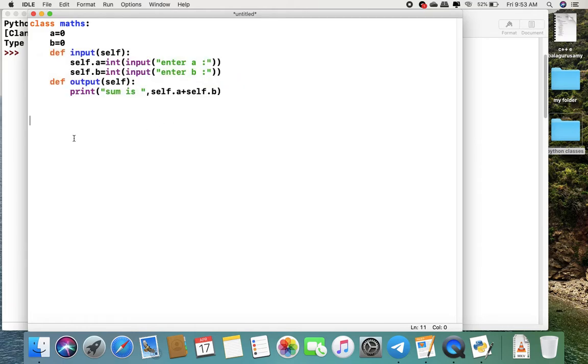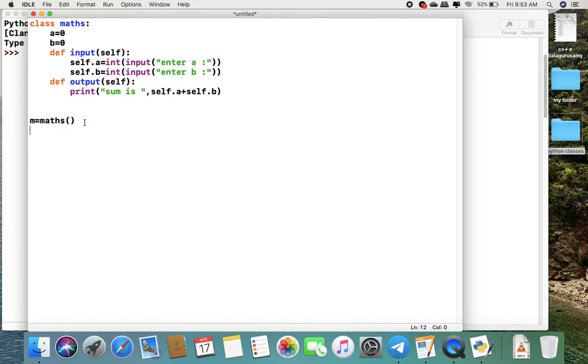To call all class members we use an object. An object is declared as m equal to the class name with brackets. Whatever class name we are using, we use here. So the object name of the Maths class is m.